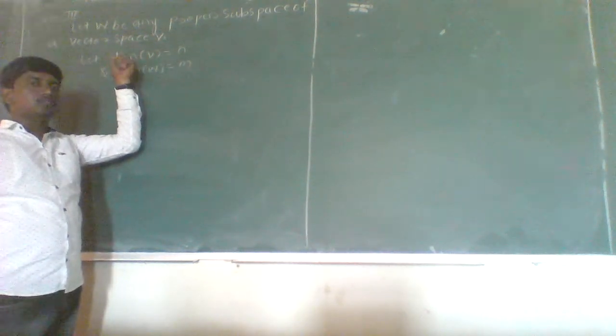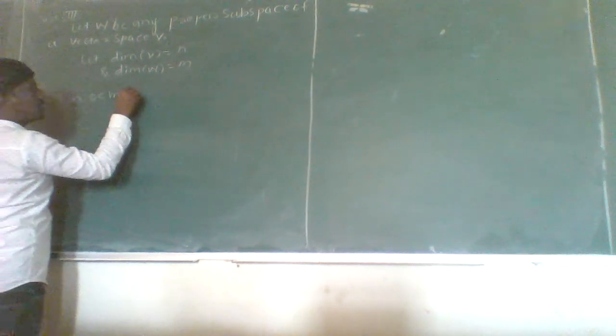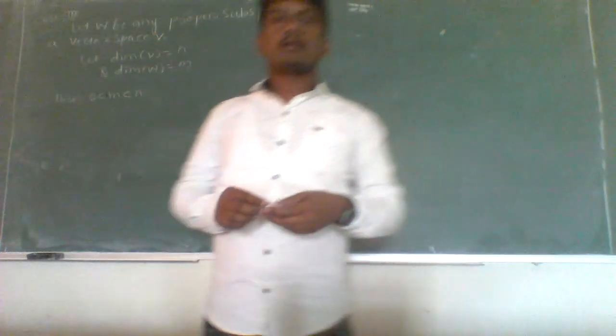Okay. As dimension of V equals n, dimension of W will be equal to m, and W is a proper subspace of V, which implies dimension of W is less than dimension of V, and dimension is always greater than 0. It is possible that the dimension of a vector space V is 0, but here we consider the dimension of V to be some finite dimension, from which we conclude that 0 is less than m, which is less than n, since here we consider that it is a proper subspace. Okay. Now